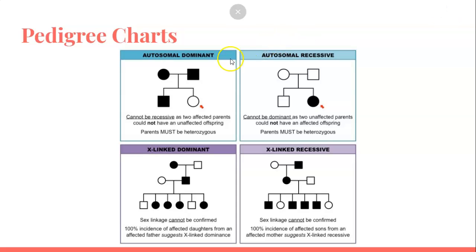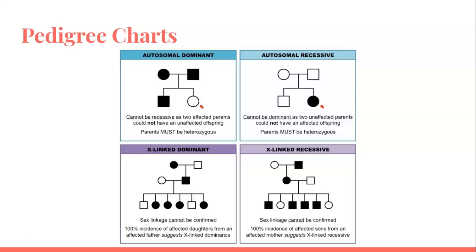So in this first one, autosomal dominant, you can see that the parents must be heterozygous because one of the children does not have the trait. However, because the parents are both affected, and they have a child that is not affected, you know it can't be recessive, because if they are both affected, then they would only be able to pass on a recessive trait. So these are just ways to look at the pedigrees and be able to determine whether things are autosomal dominant